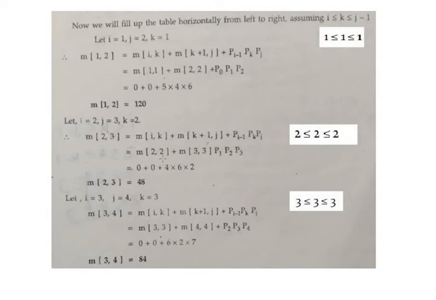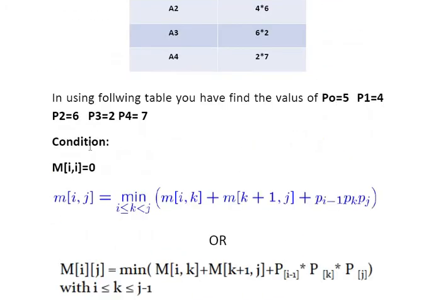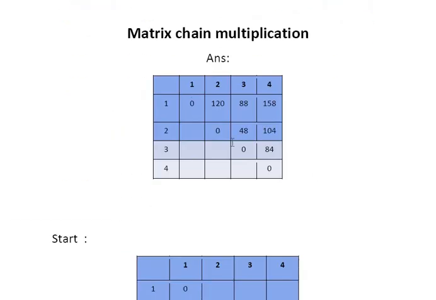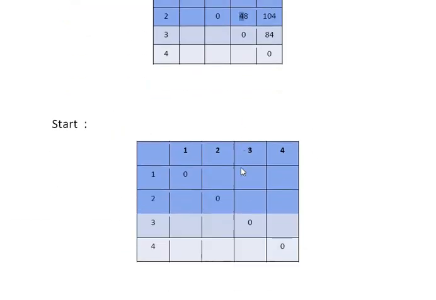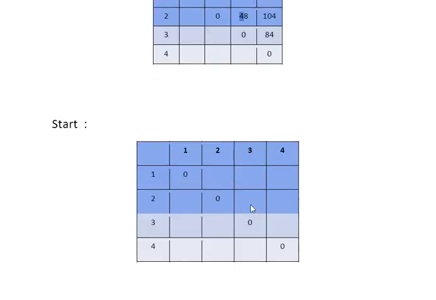Now you have put M of 2 it means 0, 3 it means 0. Now you have multiplied p1, p2 and p3. So you have find that p1 here 4, 6 and 2. So what is the multiplication? So the multiplication is 48. You have saw that 4 multiply 6 and multiply 2. Now you have put the value in this column. It means here I will display the table. So you have put the 48 here.